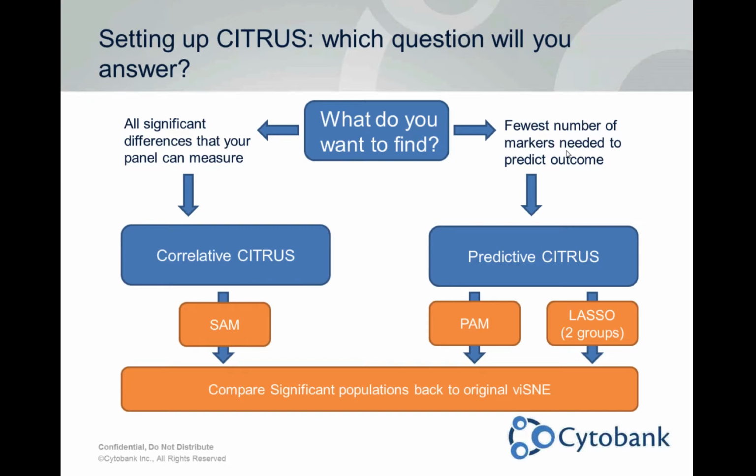So you're using a lot of parameters to find one, and then you're using that one in a panel to sort your populations apart from each other. So there's kind of two approaches here, and we'll cover them both in this webinar. So, Correlative Citrus,